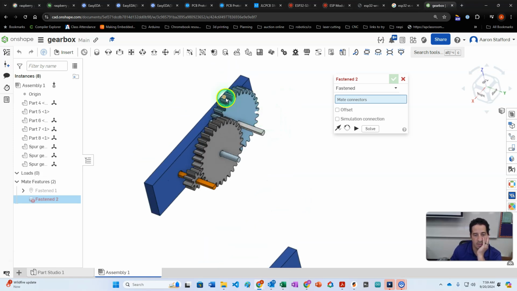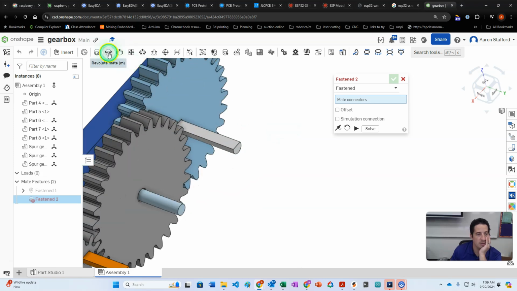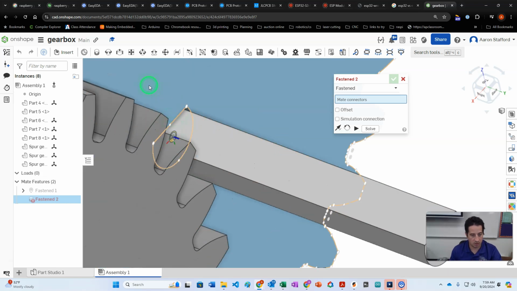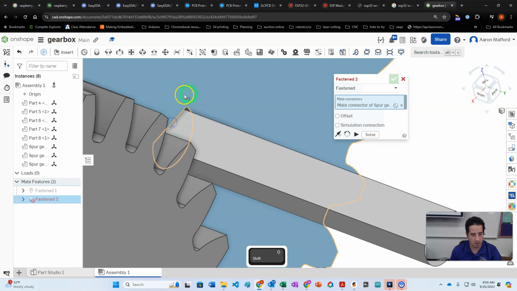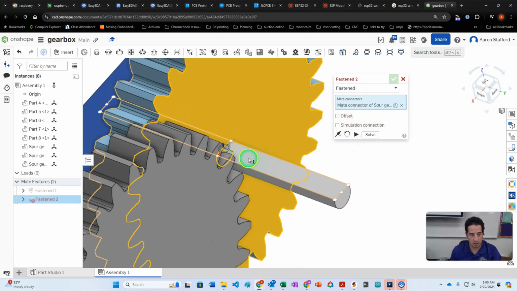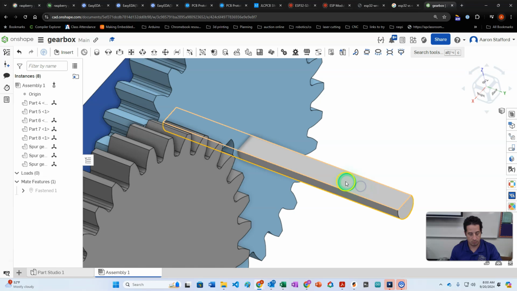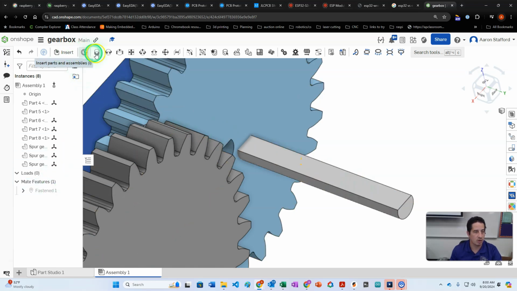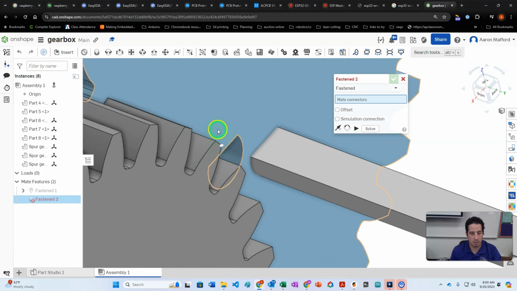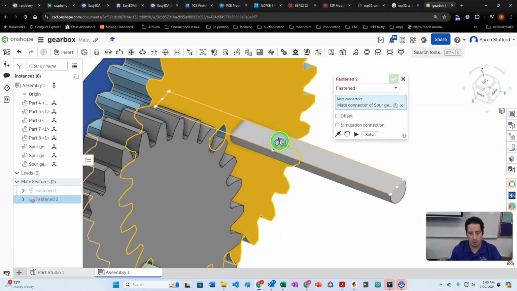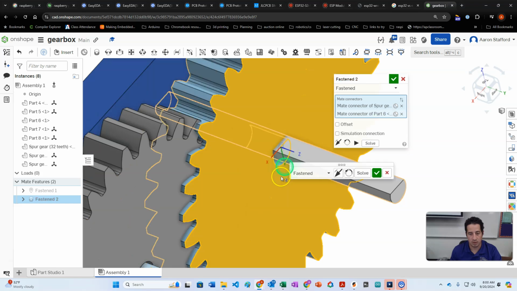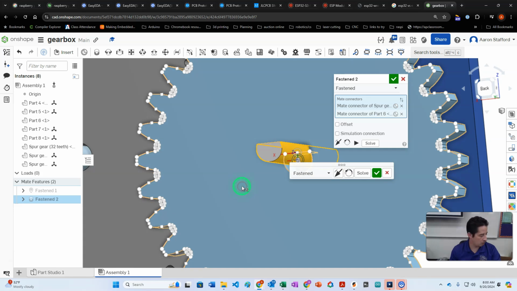So let's go a fasten mate between this gear. So let's select that face. We're going to select this edge right there and this face right here. We're going to select, let me move this guy. Okay, let's try again. So let's go fasten mate. Let's grab this face right there. And on here, we're going to grab right there. Okay, so we're going to need to do an offset here